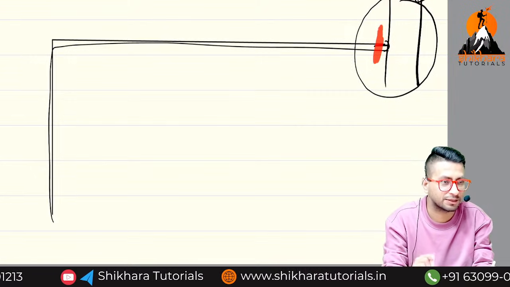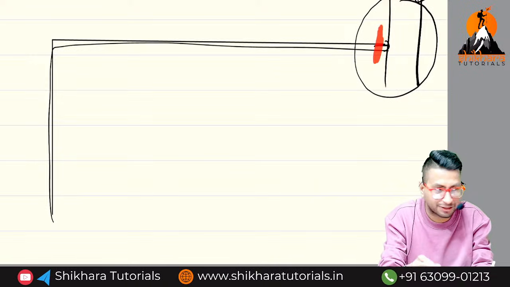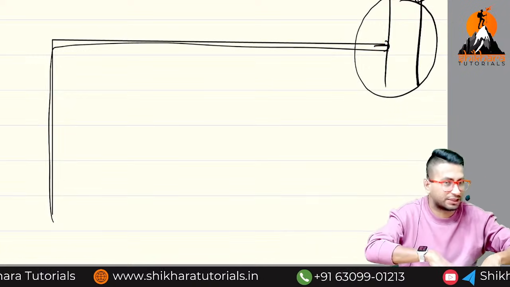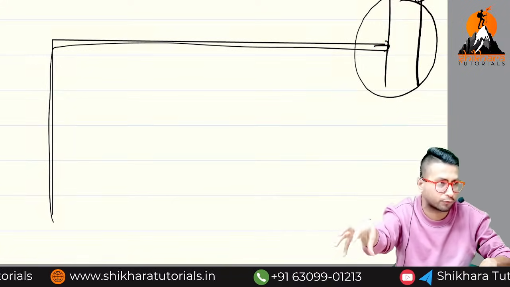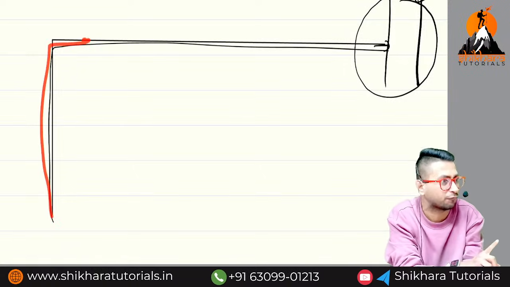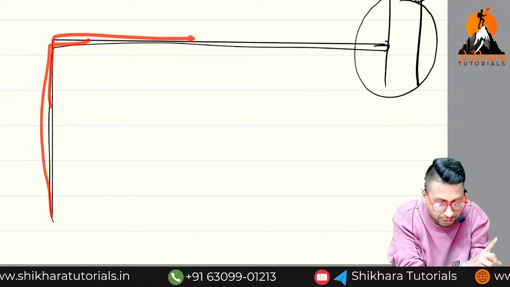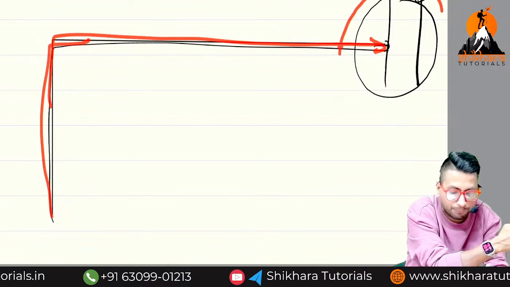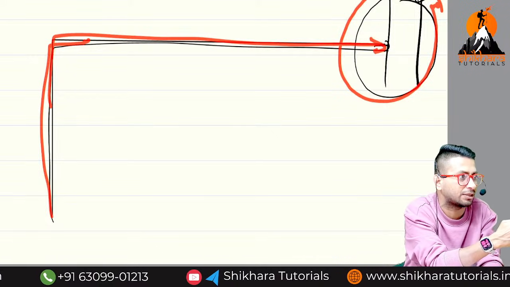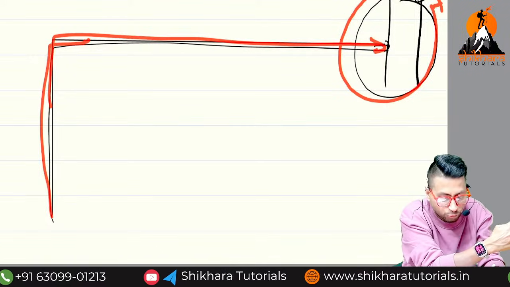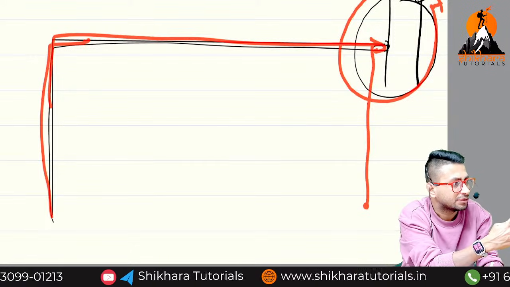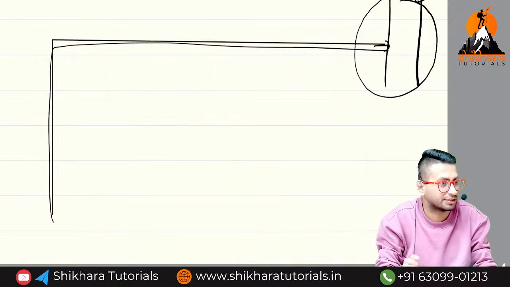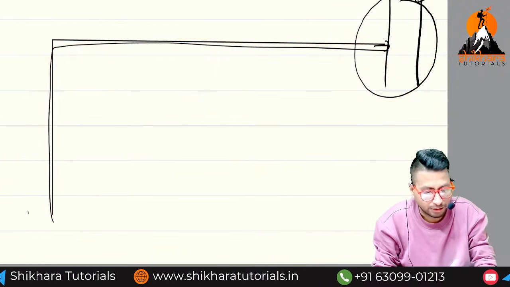What should the government have done? Simulation. But did the government do it? Had the government put all the data relating to the city into the software, the software would have told them, first, this turn will not be feasible. And second, after the turn, if you extend the flyover straight, there are many buildings which might again disturb. It will not be feasible. You may have to take a turn like this somehow, or they would have stopped the construction of this flyover. But did they do simulation? No. They did corruption. Oh, sorry.